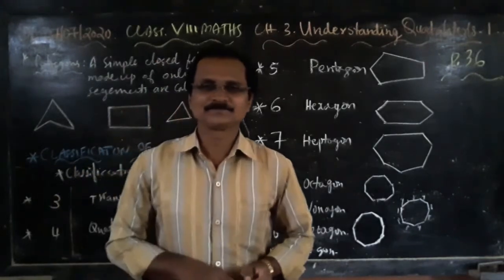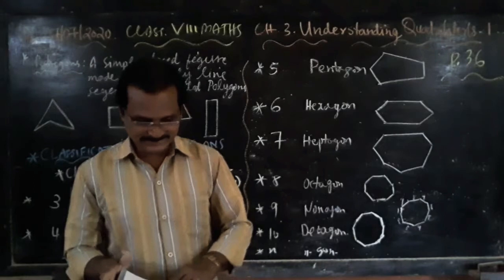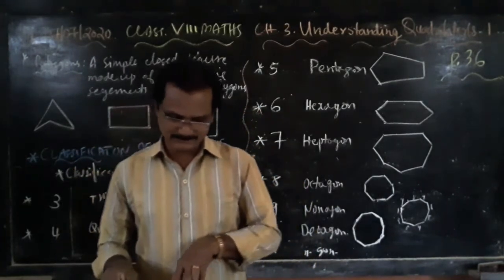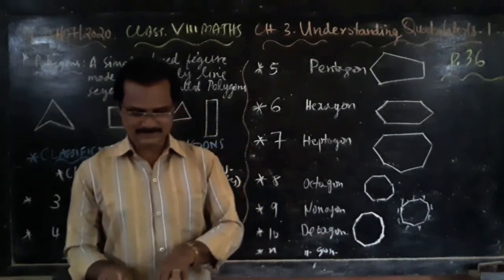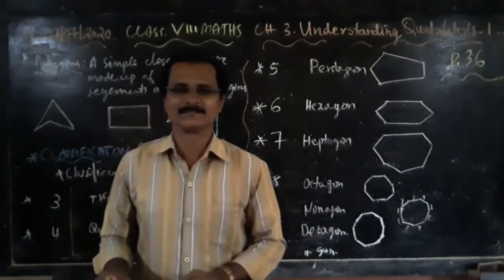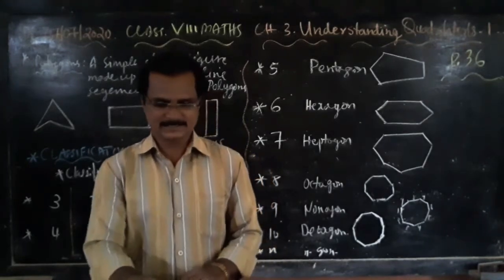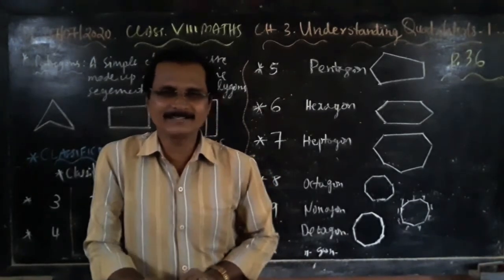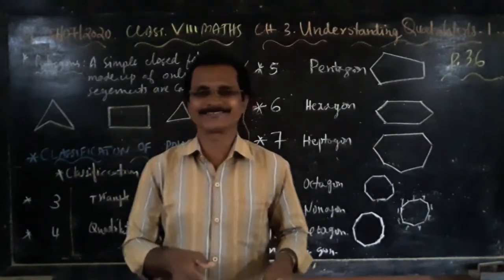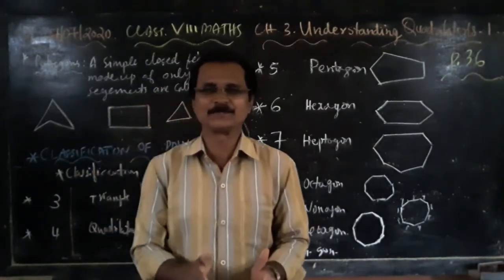Okay, so completing the first definition, polygon, page number 37, polygon, a simple closed figure made of line segments is a polygon. It is also there in the textbook. You can write, complete it. So write the heading, chapter 3, Understanding Quadrilaterals, then write the definition of polygon, then please draw this beautiful